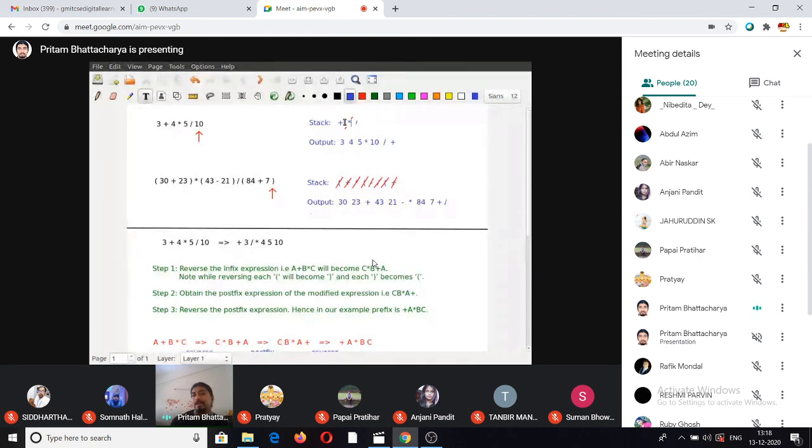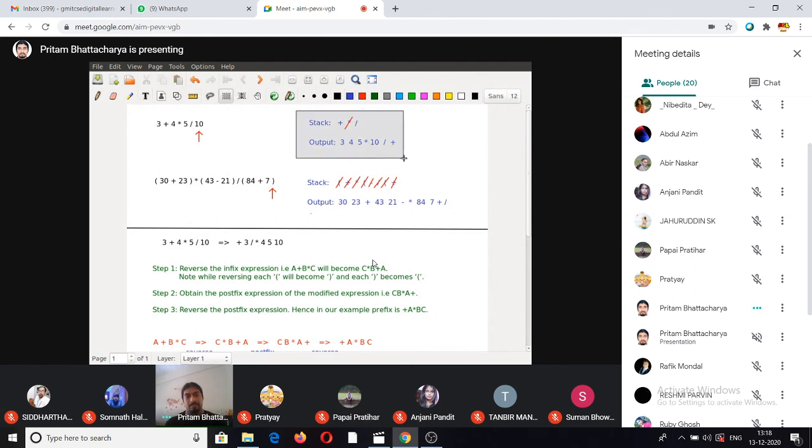Now, as you observed, my current algorithm leads to left to right evaluation for operators of equal precedence. Here I first evaluated the 4 into 5 and then the division. But if I slightly tweaked it, that is, if I said that even if it's greater than or equal to in terms of precedence, then I will push it in, then it will get reversed. For example, here I would have pushed in the division operator before popping the star. So in this case, how would it have worked?